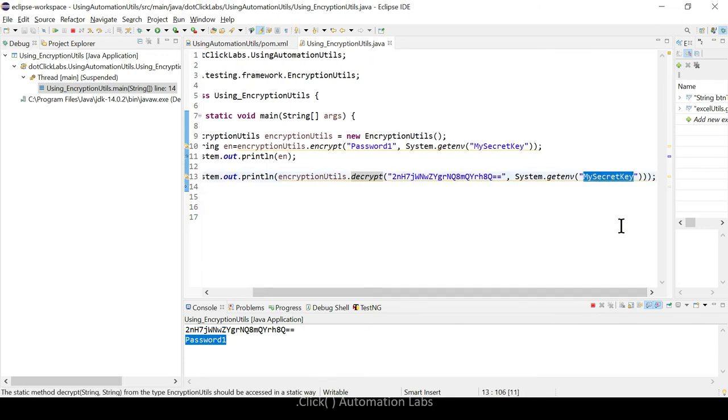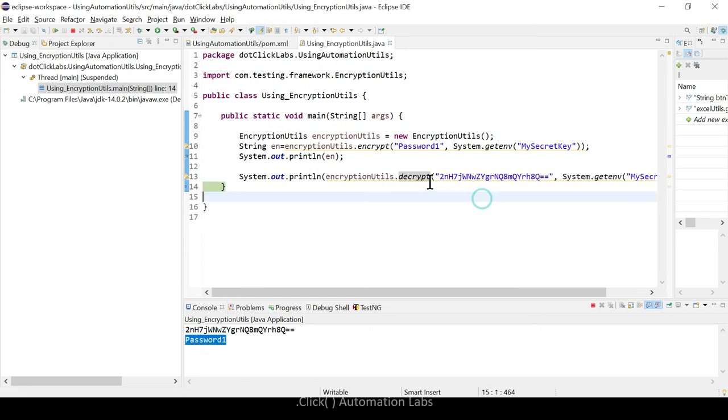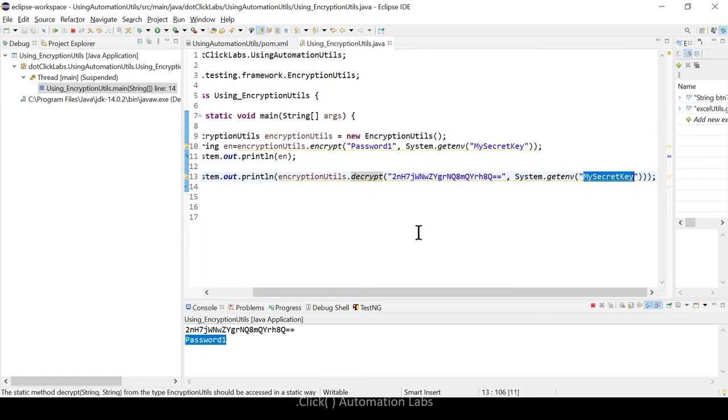I may give a secret key something like test automation at the rate one, or it could be something complex. It cannot be read by someone else. Until the person knows your secret key, he cannot decrypt this without knowing the secret key. So this is the benefit of using the encryption utilities.